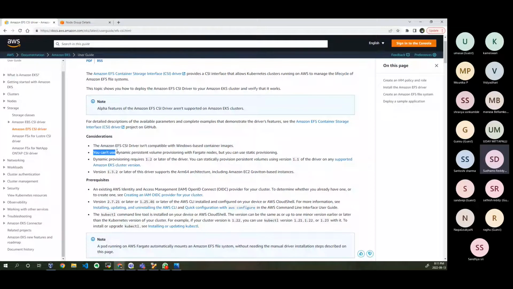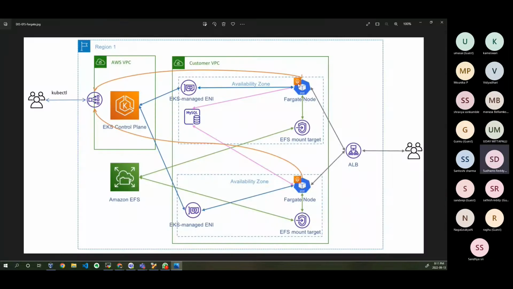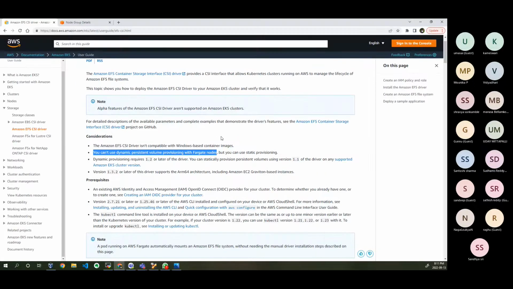Next thing is you cannot use dynamic persistent volumes with Fargate nodes. If you are using any Fargate like this, you can't use dynamic PV. In the sense, right? We have seen storage class. That storage class will create a PV for me as per the requirement of the PVC and all. So that is not possible when you are using the EFS CSI driver for Fargate. Okay, that is not compatible. And the next one is,